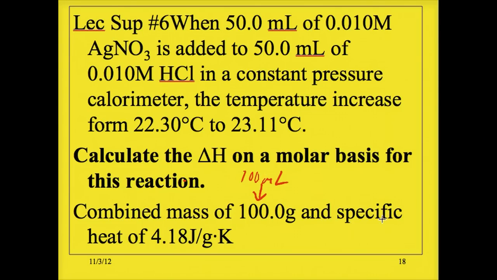Also, we're going to assume that the specific heat of the solution is 4.18. That's also not true, but it is a pretty good assumption to make. What I mean is it's not true because we're not dealing with pure water anymore, but the numbers are going to remain. So in order to figure out how much heat is evolved during this reaction, all I have to do is analyze water's values. If I analyze water's values, I get Q equals 100 times 4.184